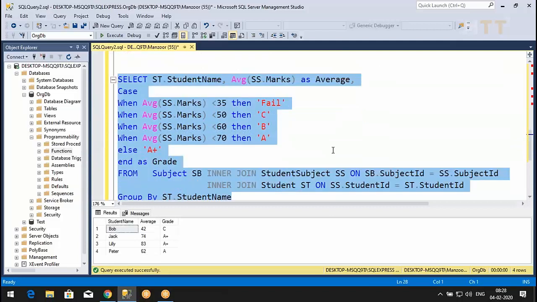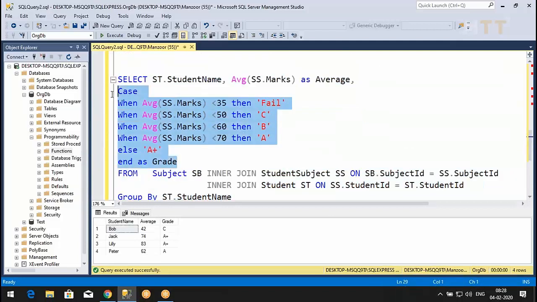But this query looks a little complex, and this grade criteria, there are a lot of places in my project, in many queries, where I use this grade criteria. So I want to simplify this. I don't want to write this grade criteria every time, and I don't want developers to change or edit these numbers. This is my business rule. So I want to create a function, get grade, and let developers use get grade. That's it.